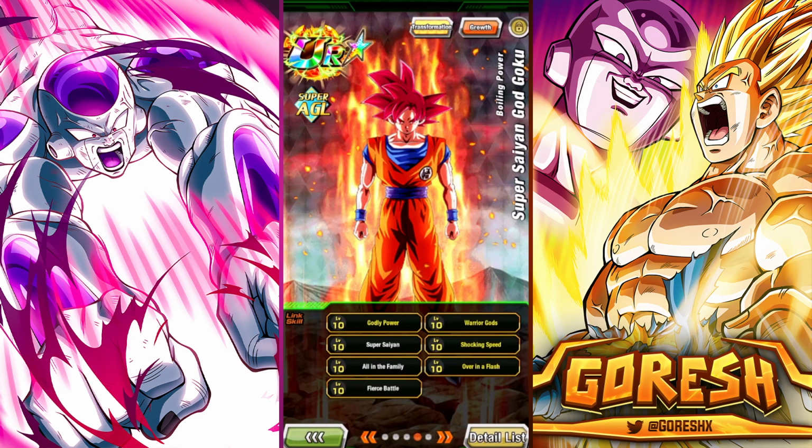Then when he becomes God Form, he changes 4 links, so he picks up Godly Power, Over in a Flash, and Shocking Speed, Warrior Gods. So actually, Over in a Flash is something that stays with this character from Super Saiyan 3 all the way through Blue, I believe. And then him picking up Shocking Speed is another good addition because of the fact that,